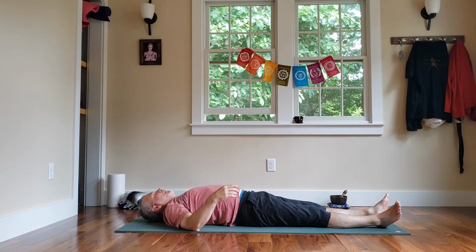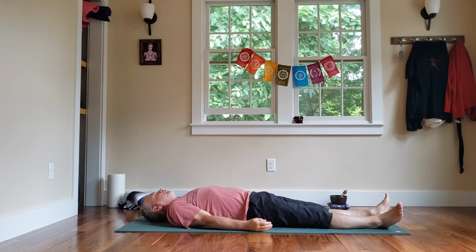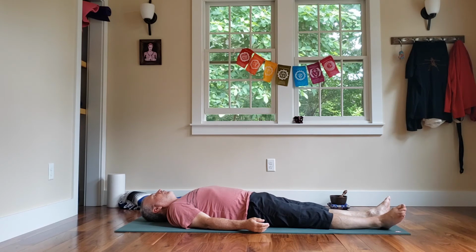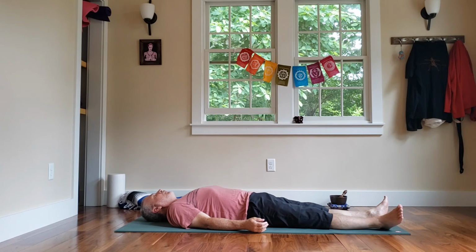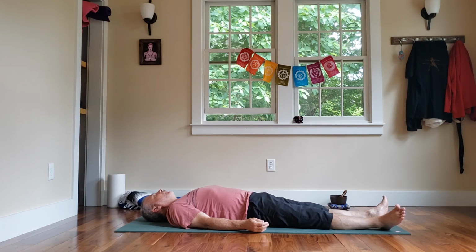So, lie back, arms by your side, palms up maybe, or palms down, whatever's comfortable. Let the legs relax. Let go of the steady Ujjayi breath that we have been maintaining through the whole course of the practice as we let go of that steady breathing, as we let go of any real directed effort. We let Shavasana be Shavasana, a period of